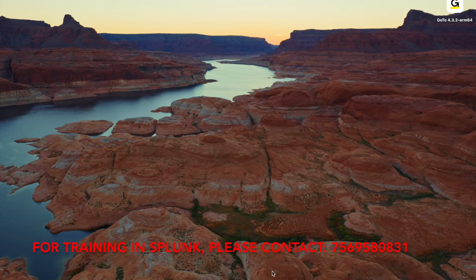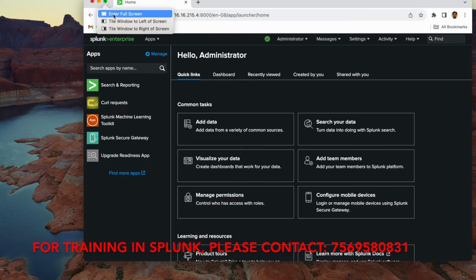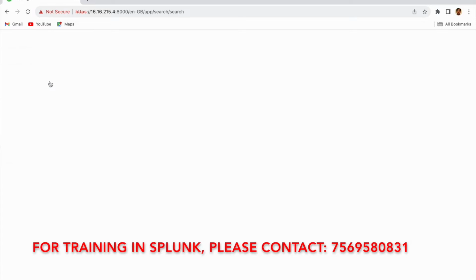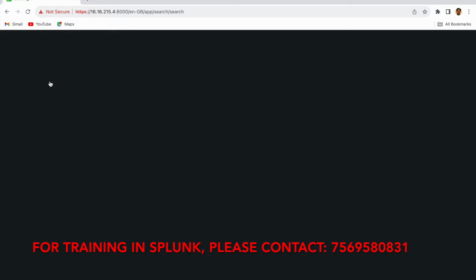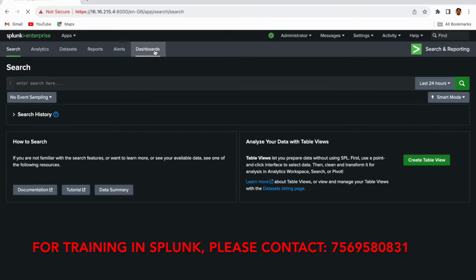So in order to do that, let me open the Splunk web interface. This is my Splunk web interface where I have already logged in. And in order to go to the dashboard, first of all I have to go to the Search and Reporting app, and here if I click on dashboards,